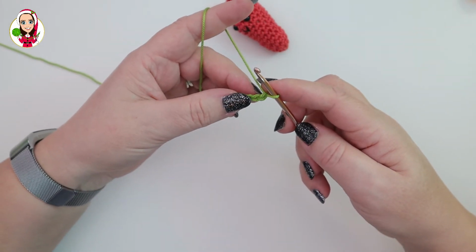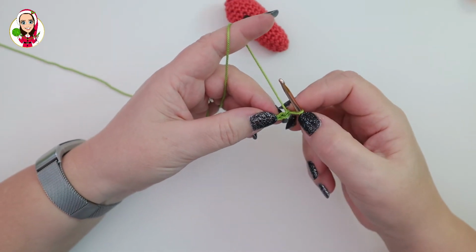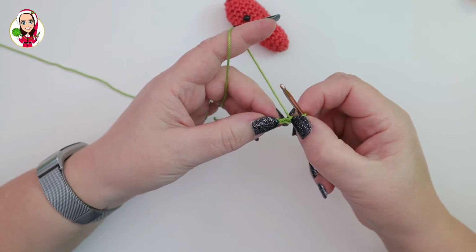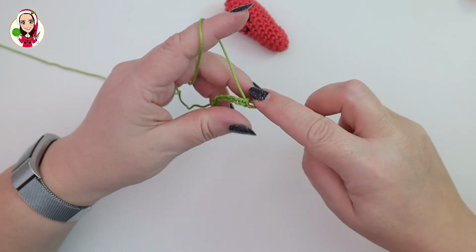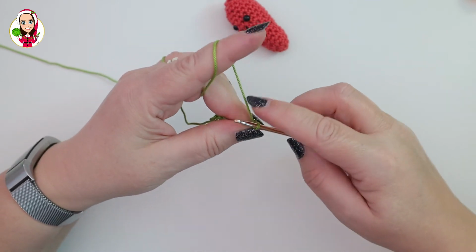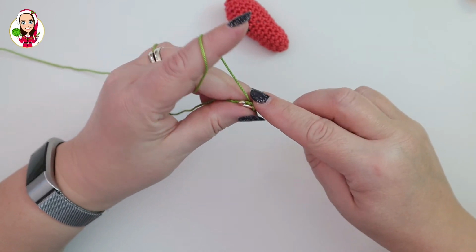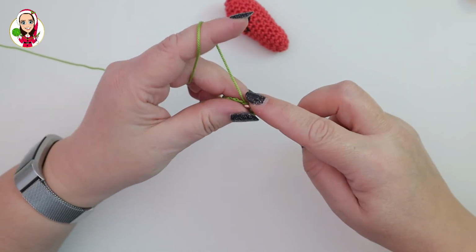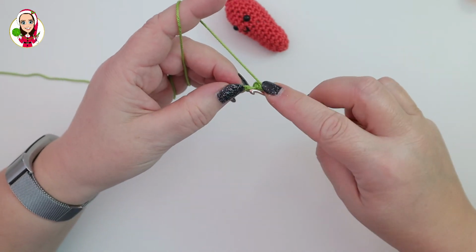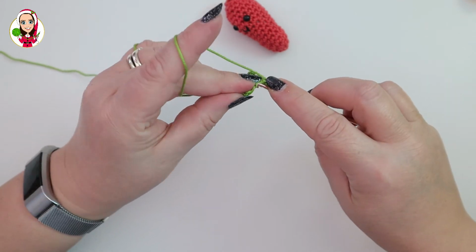In the second chain from the hook, we're going to crochet double crochet. So we don't count the one on the hook. So 1, 2, going to double crochet into that stitch there, and we're going to double crochet into the next 5 chains all the way down. So that's 1, 2, 3, 4,